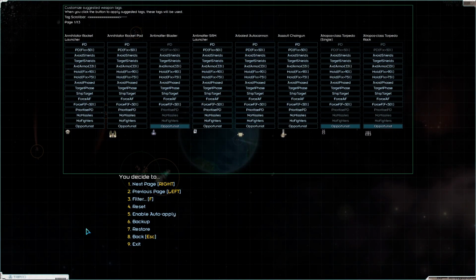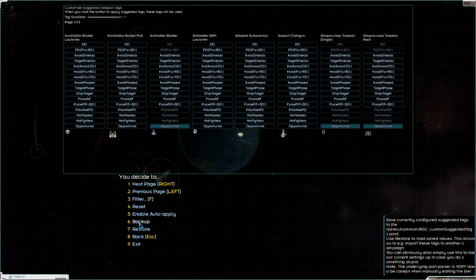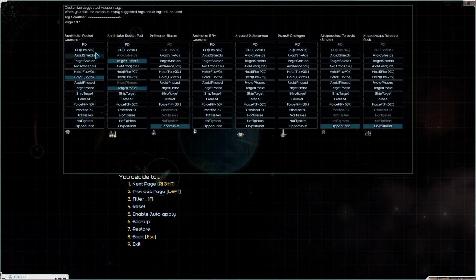There's one or two more things we can do here. We can click the backup button. Let's just put some random stuff in here. Now if I click the backup button, all the things I have currently set for all the weapons will get written to a file in your saves folder. And now if I reset everything back to the default modes, you can see all the settings I just did are gone. But now I can click restore and it will load all the random stuff I just set from